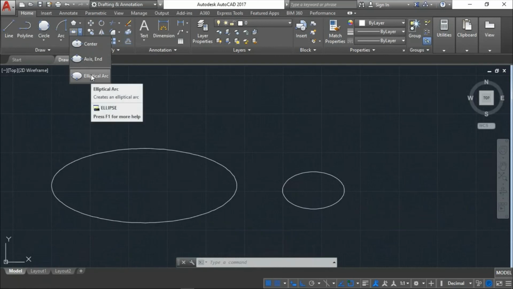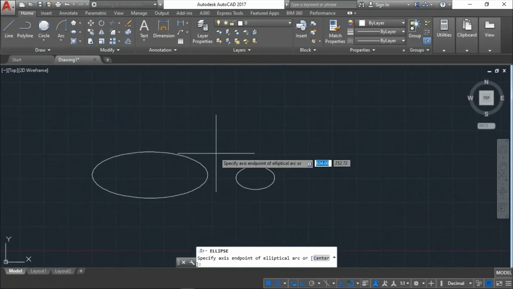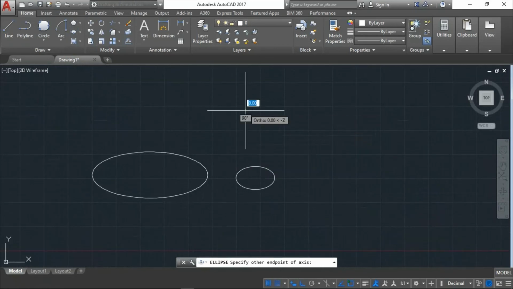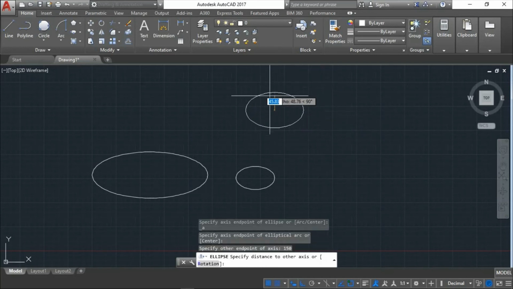Third thing is elliptical arc. Just click elliptical arc and specify the axis end point of the ellipse. We have clicked the end point of the ellipse and you need to specify the other end point of the ellipse. Center point we have already given, now we are going to give the end point. I will give 150, enter, and then we need to give the height. I will give the distance of the axis as 40, enter.